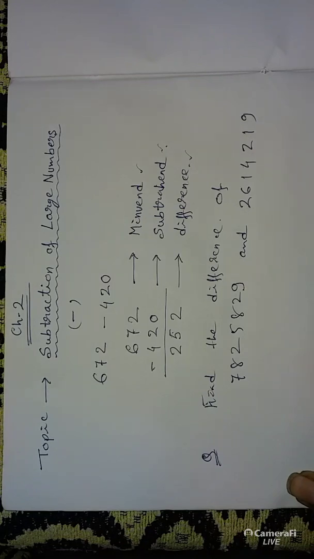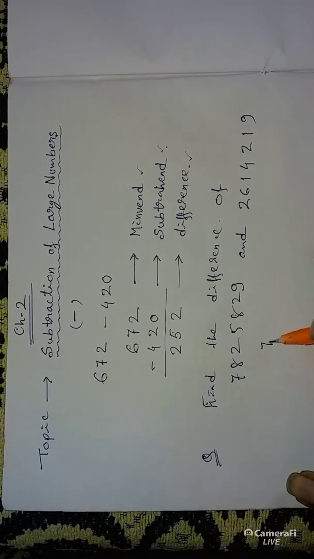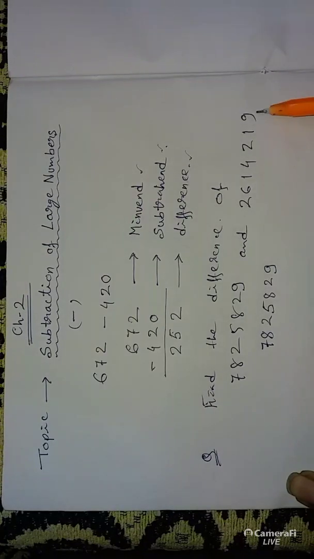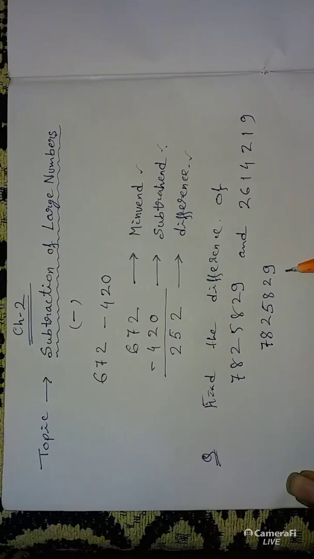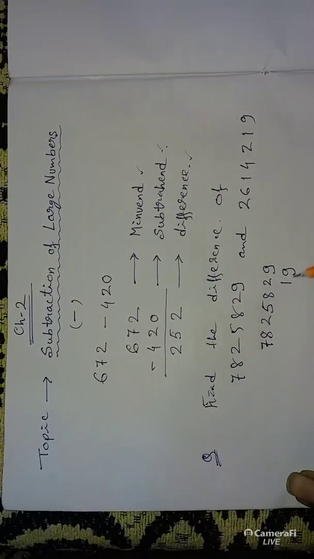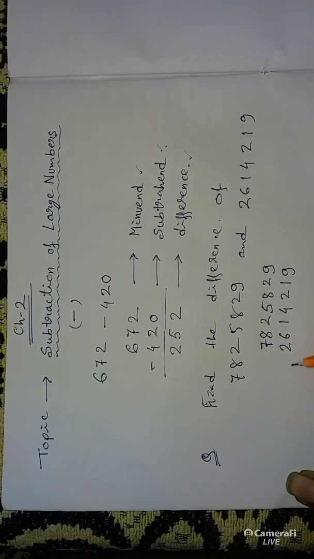So we have to find the difference, that is, we have to subtract the smaller one from the larger one. So let us first write the larger one above and then below it the smaller one, starting from the right hand with 9, then 1 2 4 1 6 2,